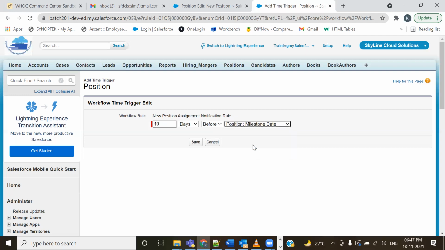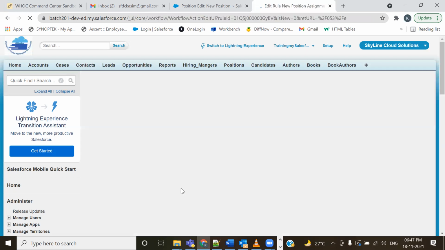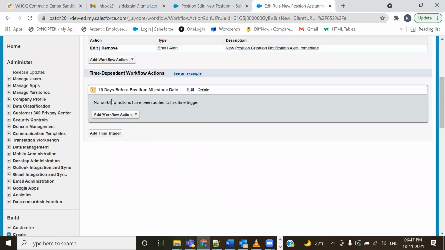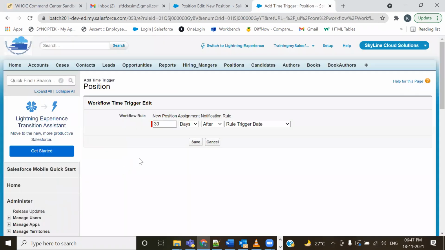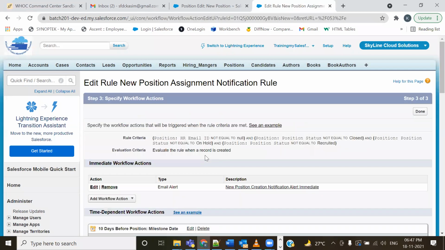सो आई वांटेड दिस ट्रिगर टू बी गेट अप्लाइड ऑन द माइलस्टोन डेट। मेरा सारा लॉजिक माइलस्टोन डेट पे निर्भर करता है, इसलिए मैंने माइलस्टोन डेट सिलेक्ट किया। सो 10 days बिफोर माइलस्टोन डेट, सेव इट। तो यहाँ पे क्या बनाया आपने, आपने एक टाइम ट्रिगर बना लिया है। दिस इज योर वन टाइम ट्रिगर। एक्शन बाद में ऐड करेंगे, एक और टाइम ट्रिगर बनाते हैं। हाउ मेनी डेज, नो 5 days बिफोर माइलस्टोन, सेव इट।